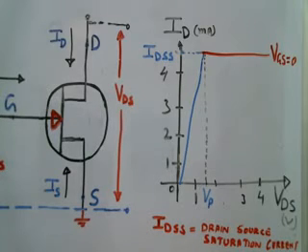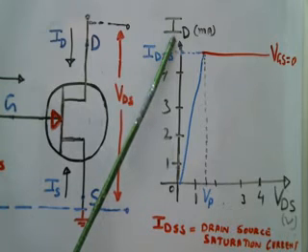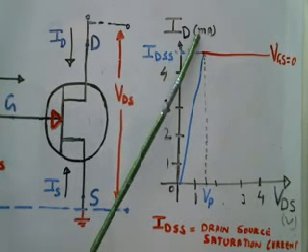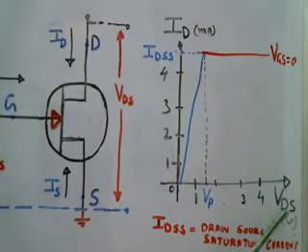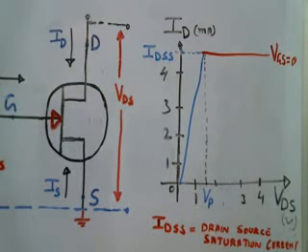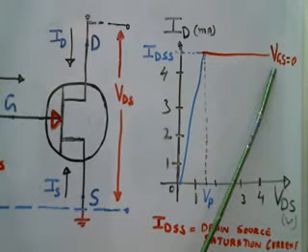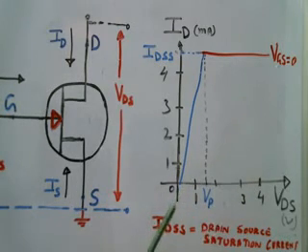In the drain characteristics or output characteristics of common source configuration, VDS is taken on the x-axis, measured in volts, and current ID is taken on the y-axis, measured in milliamperes. Output characteristics are drawn between VDS and ID at constant input voltage VGS. Now we'll draw the graph for VGS equal to 0. VGS is the input voltage.